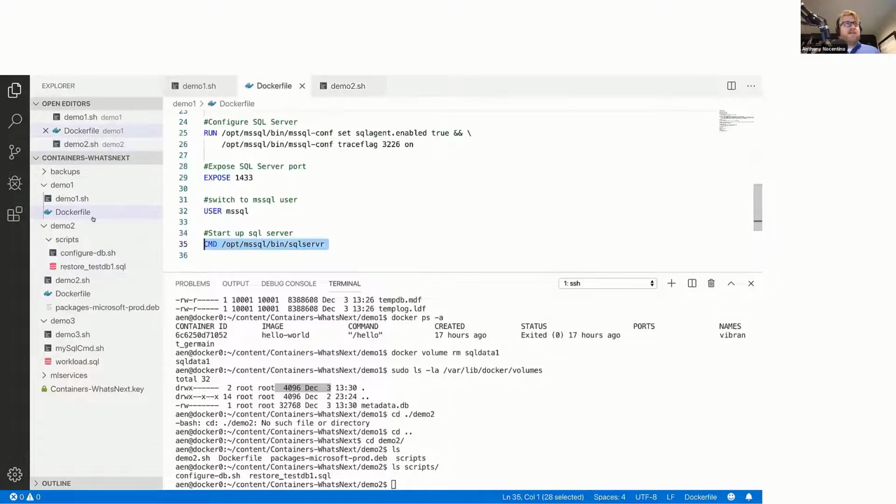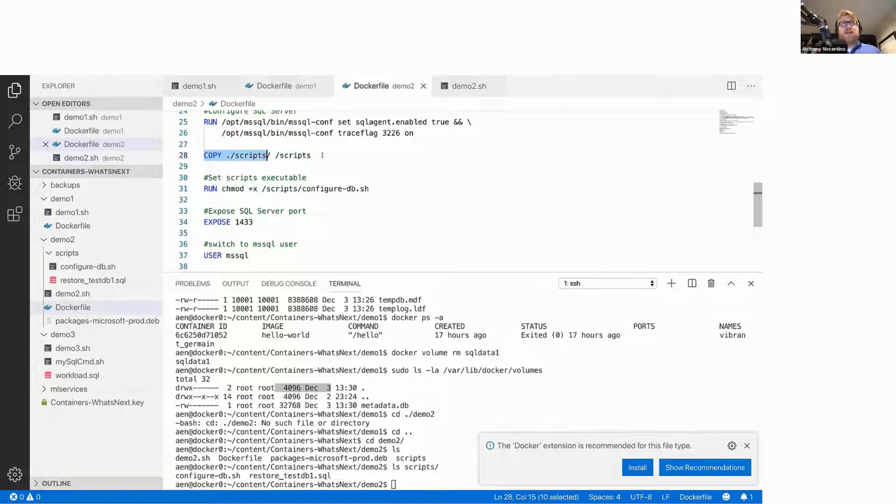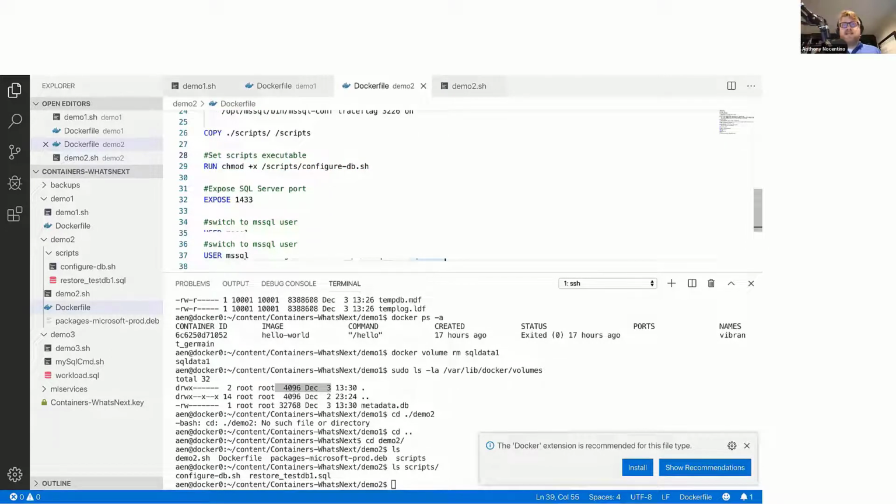Let's find our second Docker file. There it is. And so those scripts will get copied into that directory. We'll mark them as executable, expose MSSQL server. And now you can see what's different here at the bottom. We have a different command instruction. We're going to execute that script. And then we're going to background that execution and then launch the SQL Server process. And so what happens here is the script will kick off. It'll start testing SQL Server. SQL Server will start. Once it's available, then the restore kicks in.